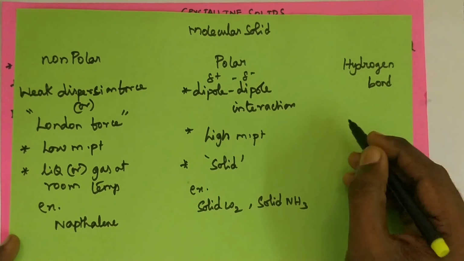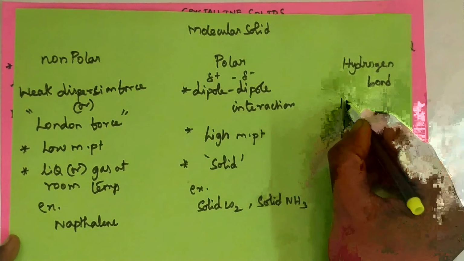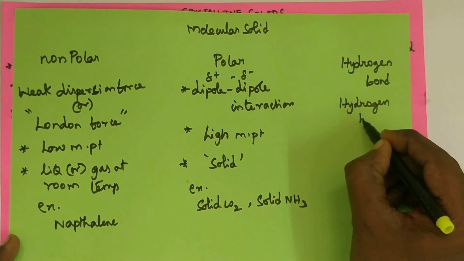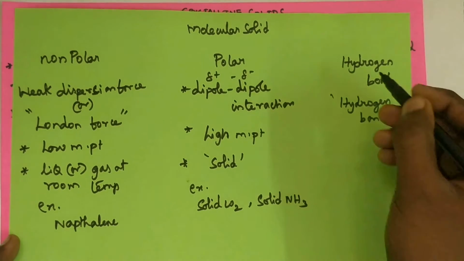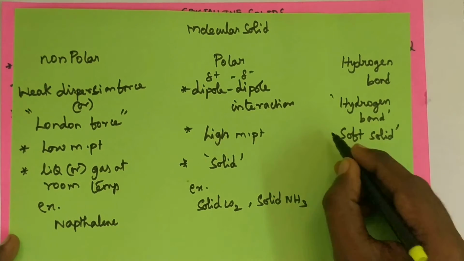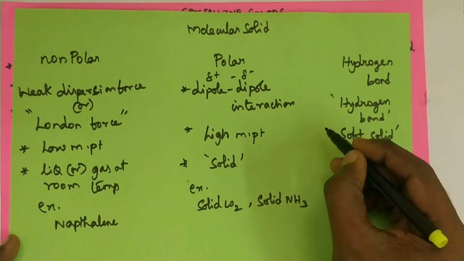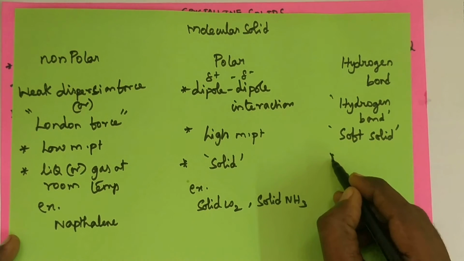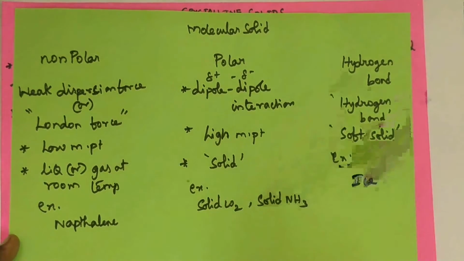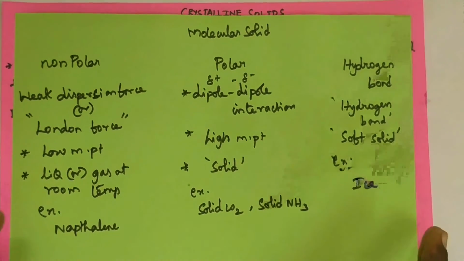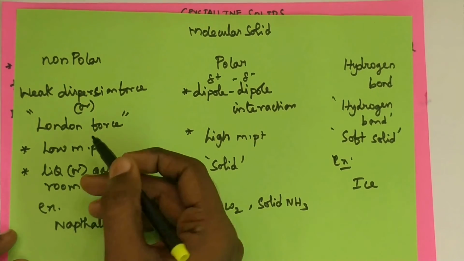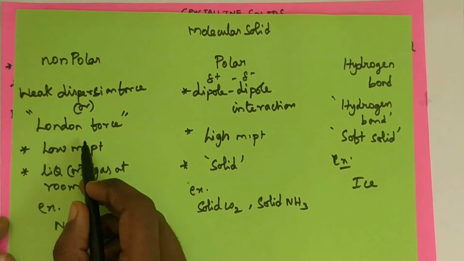Next is hydrogen bond. Similarly, constituents are held together by hydrogen bonds. This is the hydrogen bonded molecular solid. These solids are always soft solids. Sometimes they ask which kind of molecular solid is soft; it is the hydrogen bonded one. An example is ice. Ice is an example for hydrogen bonded molecular solid. So this is about molecular solid classification. Sometimes they will ask about London force, because last year in the half-yearly or quarterly exam they asked London